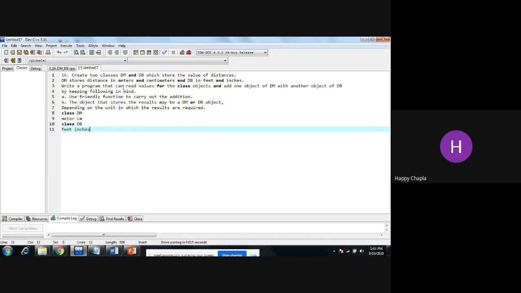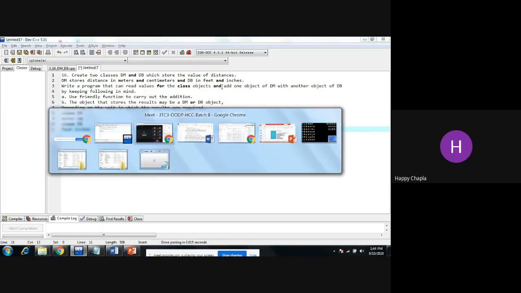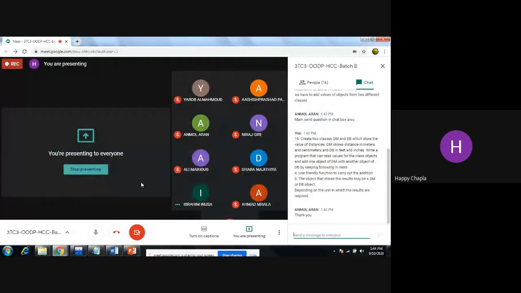Okay, now write a program that can read the values for the class objects. And yes, any question? Yes, Ibrahim.